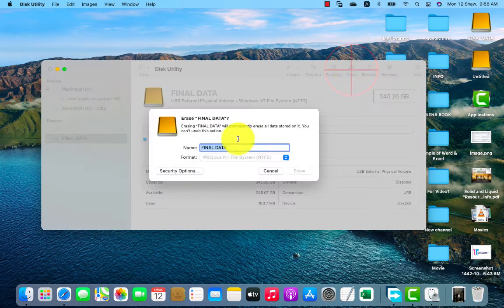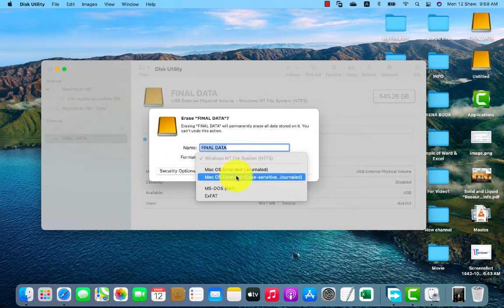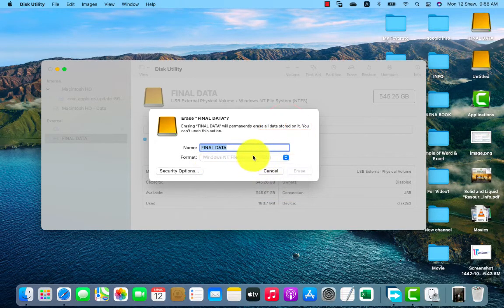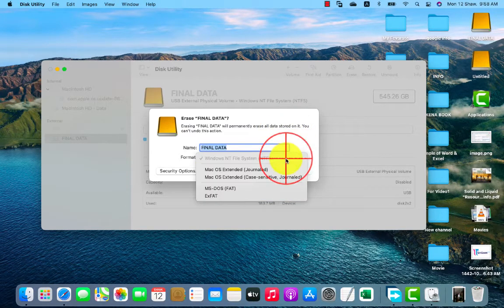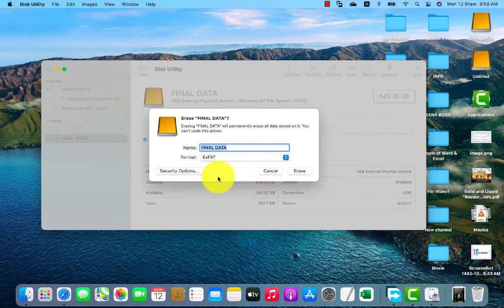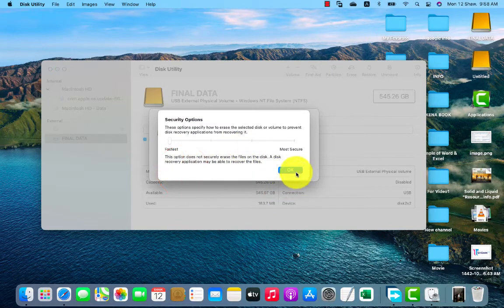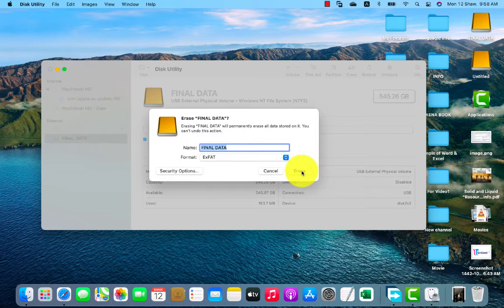Just click on the Erase button. After you click it, a notification will appear here. You can see the name and format options in this notification. So I am going to select ExFAT in the format option, and I will click on Erase.